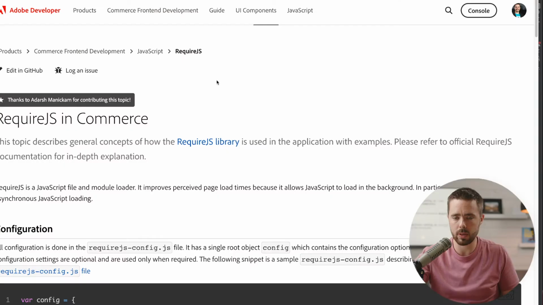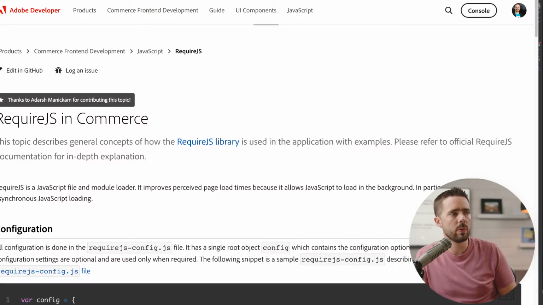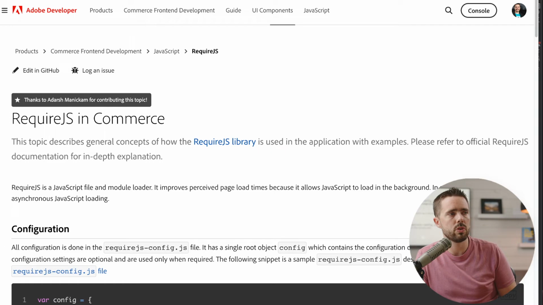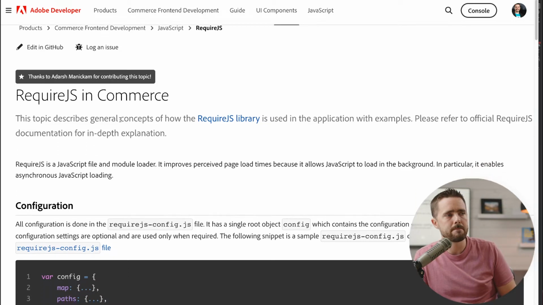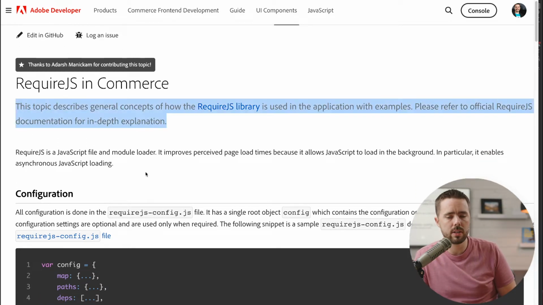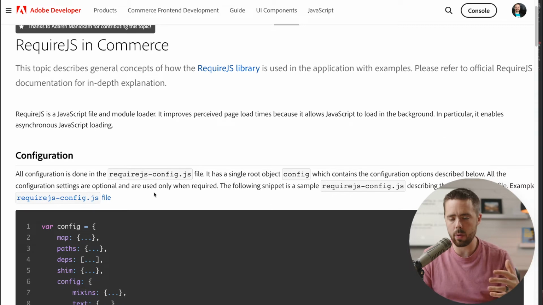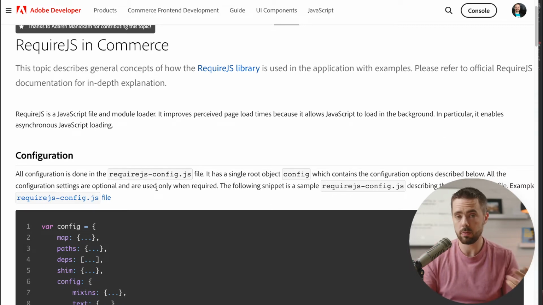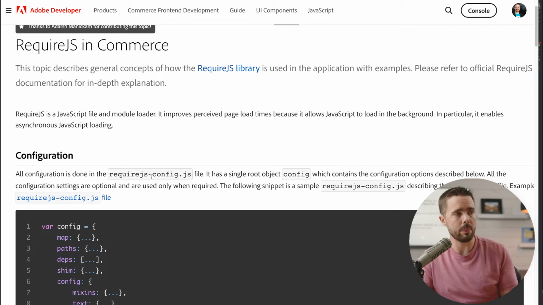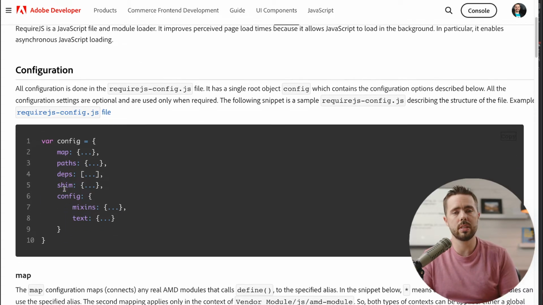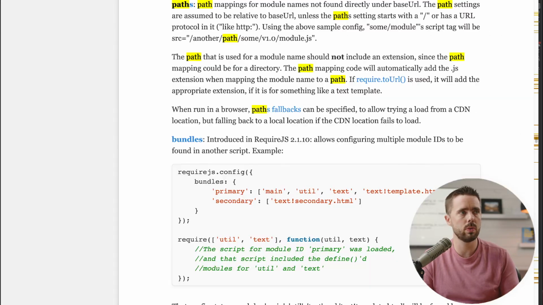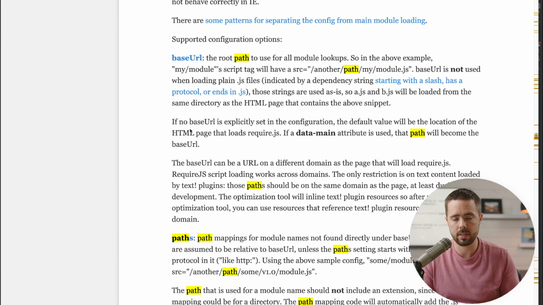and the easiest solution might be just to jump over into the Magento docs, which I think let's do at this point. So here we are on the Adobe website. I'm still old school. I still call it Magento. And we see require JS in commerce. This is a very powerful, very helpful read just to walk through. Just take it line by line, walk through what this is. And you'll notice as you do this that this maps very closely to require.js. I mean, it's the same thing. So